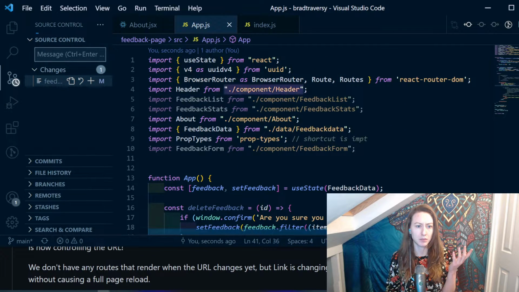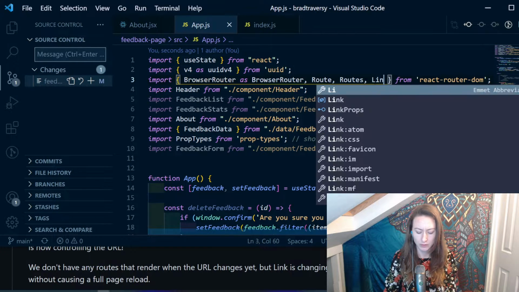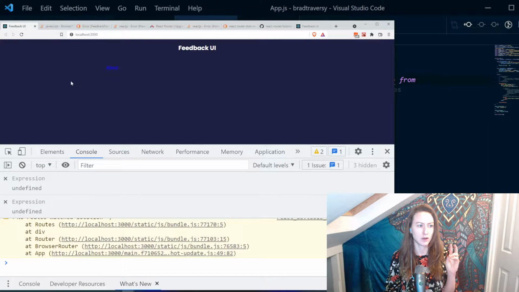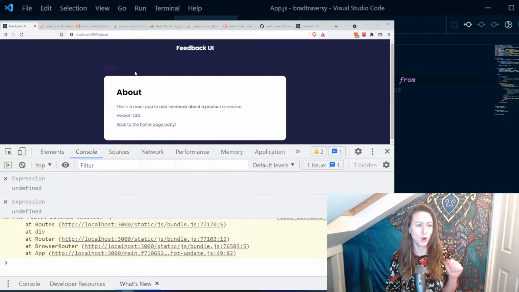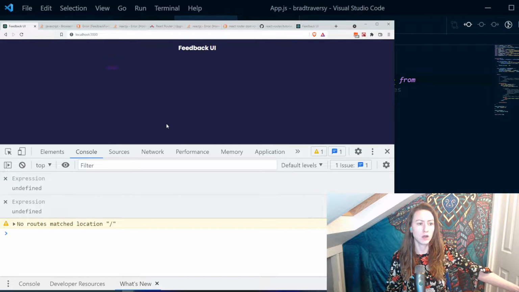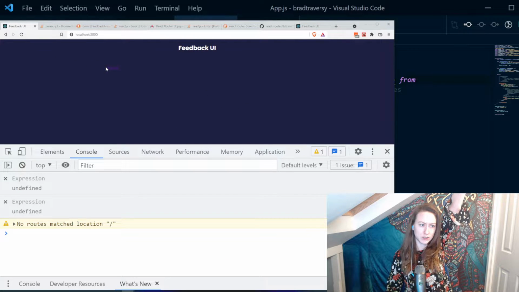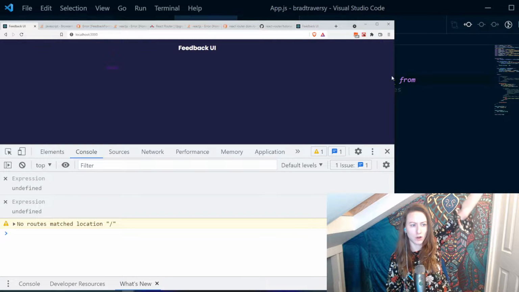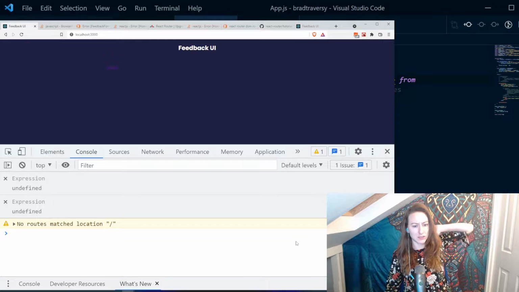And we need to import link from React router DOM and save and reload. Great. Okay. Cool. Awesome. I still don't know why this is telling me